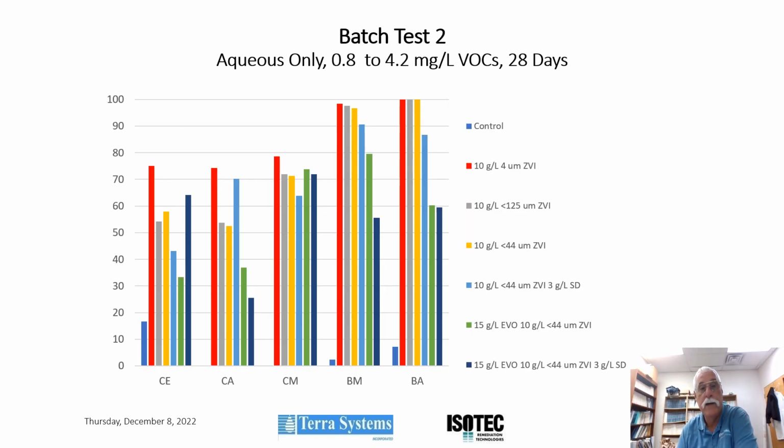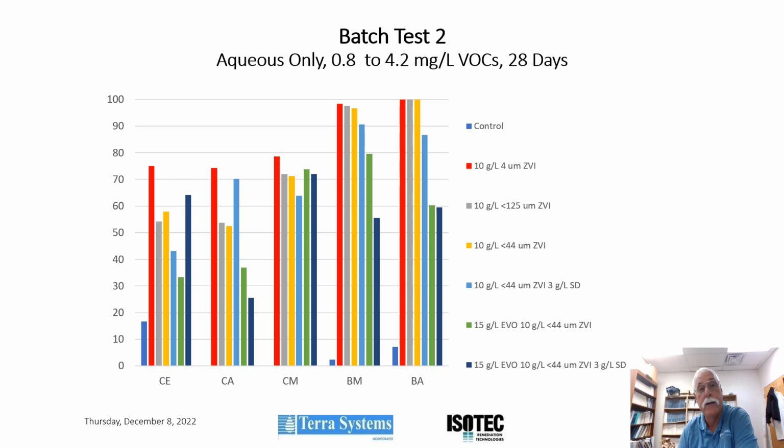Batch 2 also evaluated chlorinated ethanes, chlorinated methanes, brominated methanes, and brominated ethanes at concentrations between 0.8 and 4.2 milligrams per liter. This study was carried over 28 days. Treatments included an unamended control, 10 grams per liter of the 4 micron ZVI, 10 grams per liter of 125 micron ZVI, 10 grams per liter of the 44 micron ZVI, and 10 grams per liter of the 44 micron ZVI